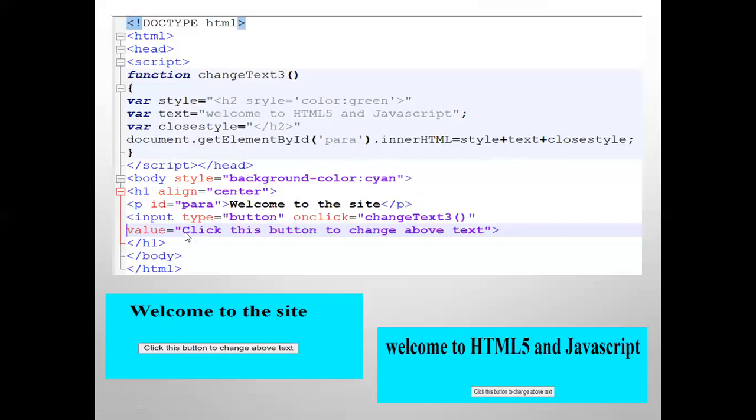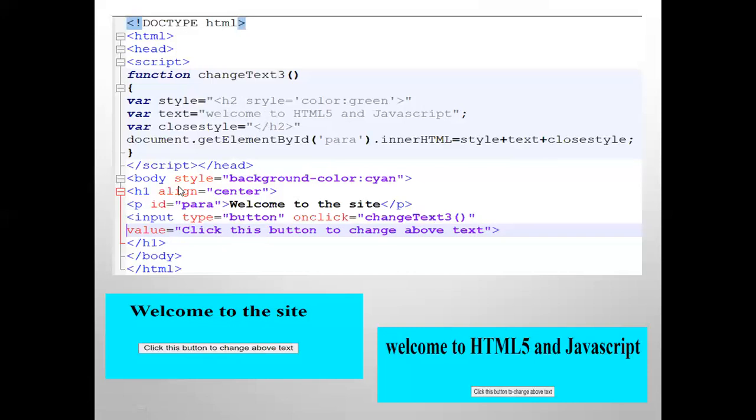Okay. But when input type is equal to button, this text is displayed, then there is a button below. On click, this is a function. Same way you have to display it, like how it is written here. On click is equal to change text. So when you click on this, the text should be changed. So when the control comes here, it will refer to this. What is the function saying? All three things are to be merged and displayed.